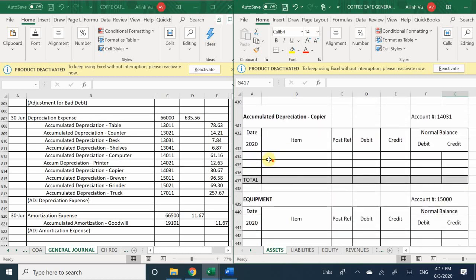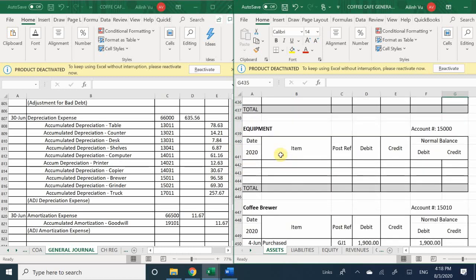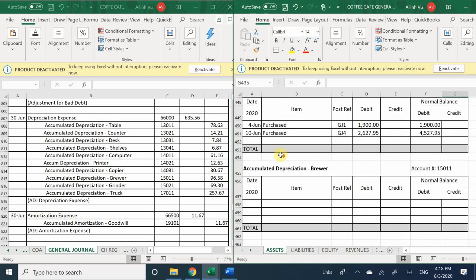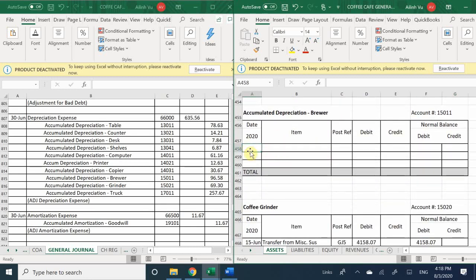My copier, accumulated depreciation, adjustment, General Journal 20 in the credit side is going to be $30.67. Is that correct? Yes. All right. And then equipment under coffee brewer 630